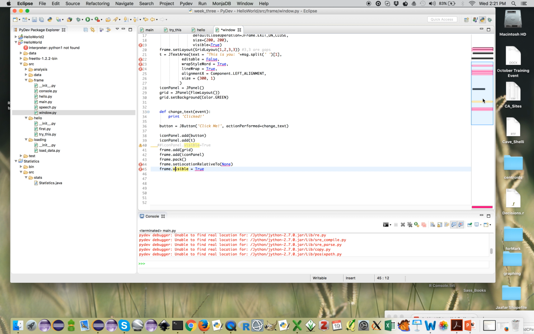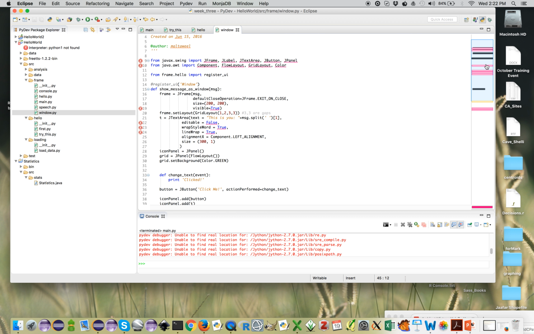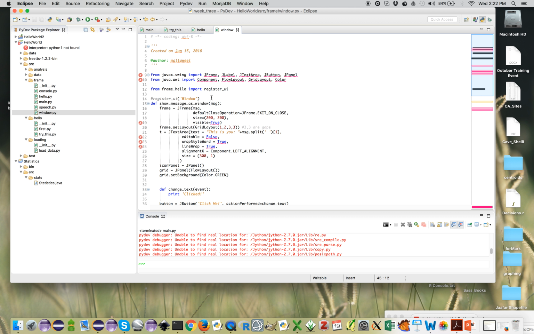So I'm using a combination, mostly Java styles of flow of arguments, but with the equivalent of Python commands. So you give it the Python commands, but you use the keywords, the inputs that are Python equivalent. Okay, so that's the key thing to keep in mind. And you can use the debugger to go through this if you want to understand how this is done. The other key thing is that you notice this thing, register_UI. This is a nice way